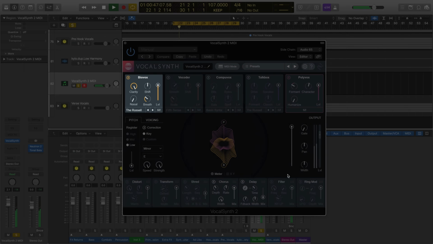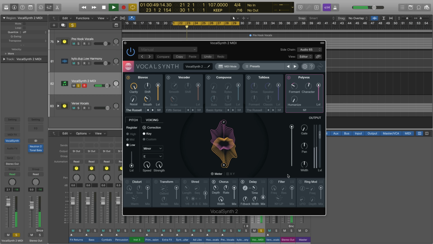We use scientific modeling of a human vocal tract to develop this brand new module so you can adjust vocal characteristics like nasality, breathiness,